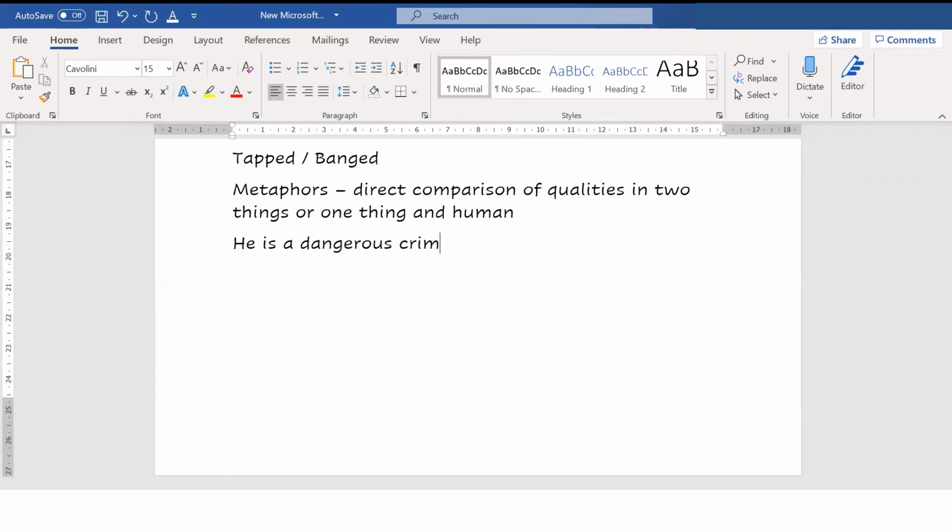So if you say that he is a dangerous criminal, does it make any sense to the reader? No, not really. Does it look creative? It doesn't, because this is a simple fact that you are telling. But if you want to bring impact into your writing, you want your reader to be scared of this criminal, what do you do then? So you write, he is the lion of the crime jungle.